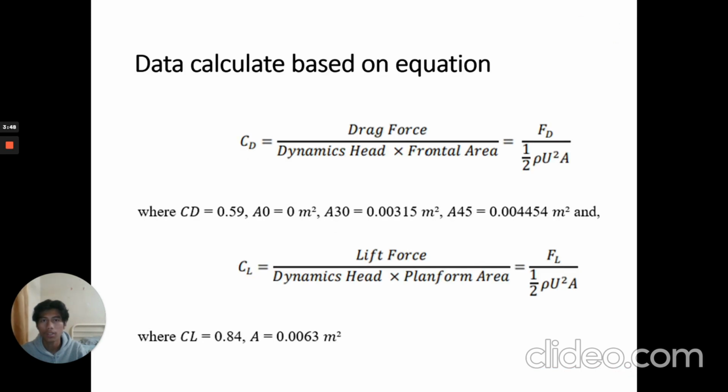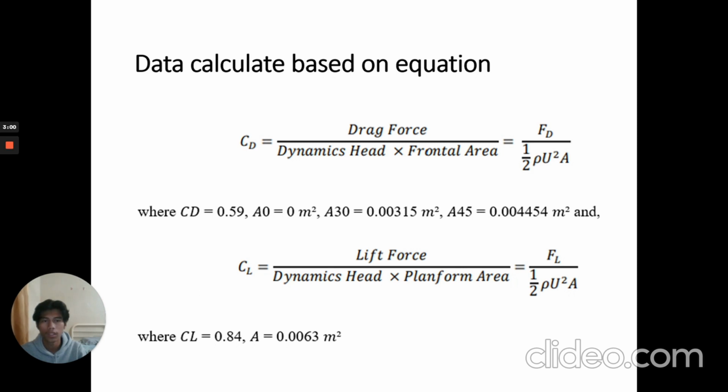Okay, the data is calculated based on this equation. Drag coefficient is drag force over dynamic head times the frontal area, equal to FD over 1/2 density U square A, where the CD is 0.59, A at 0 degree is 0 meter square, A at 30 degree is 0.00315 meter square, A at 45 degree is 0.004454 meter square,